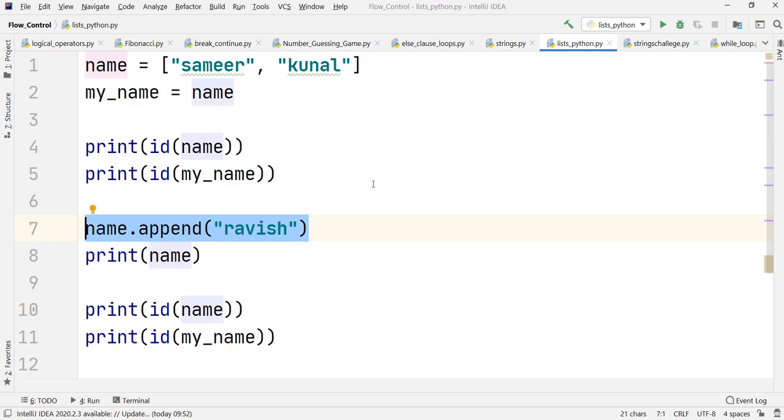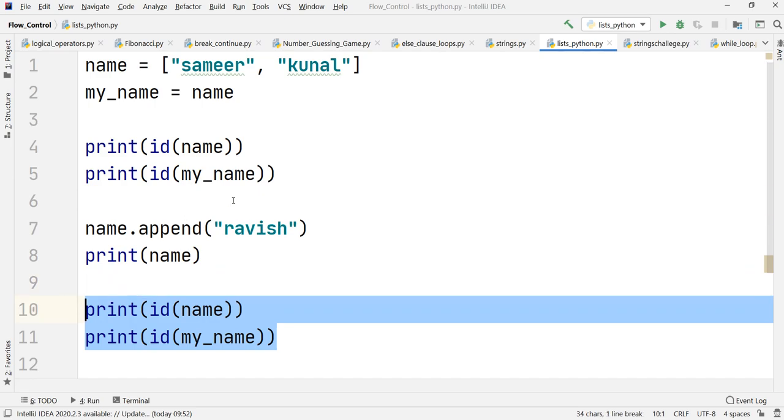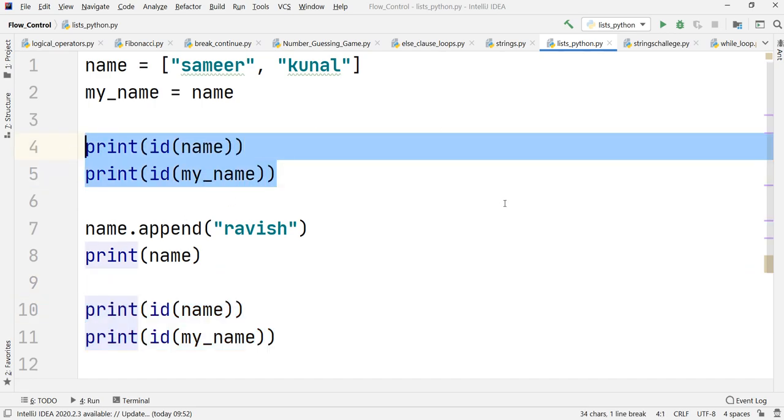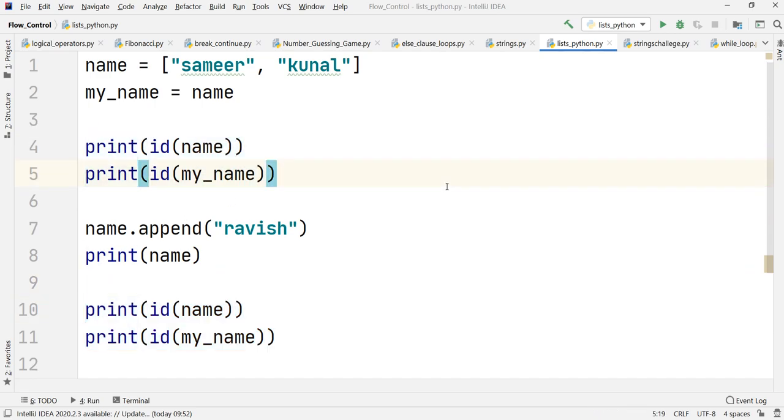The reason is that a list itself is a mutable sequence. Mutable sequence means you can modify the contents of a list, and if you do so, there is no need to create another object or a different variable. That is the very reason we got the same IDs. I hope you have understood why a list is called a mutable sequence.